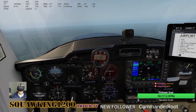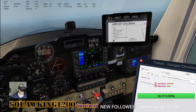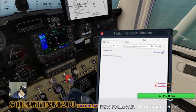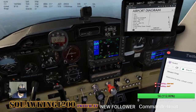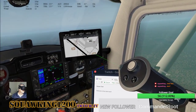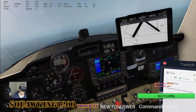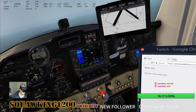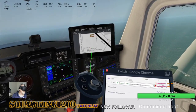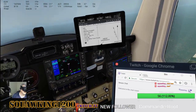November 212 Bravo at 3,500 inbound for VFR pattern entry. See, this is where it acted a little bit wonky. I'm going to try it again within 10 miles. I think it's got like a hardcore rule of 10 miles of distance. And I'm on the right frequency, so it's...